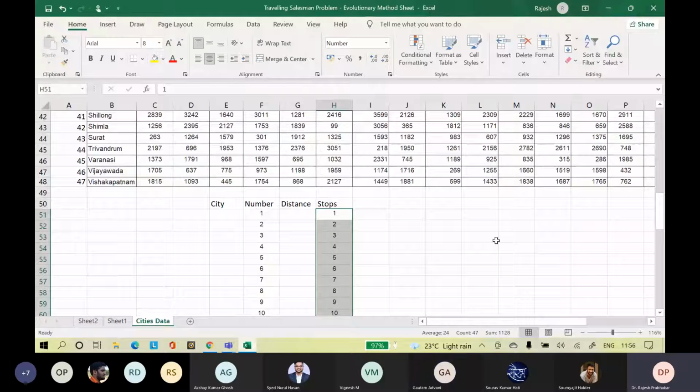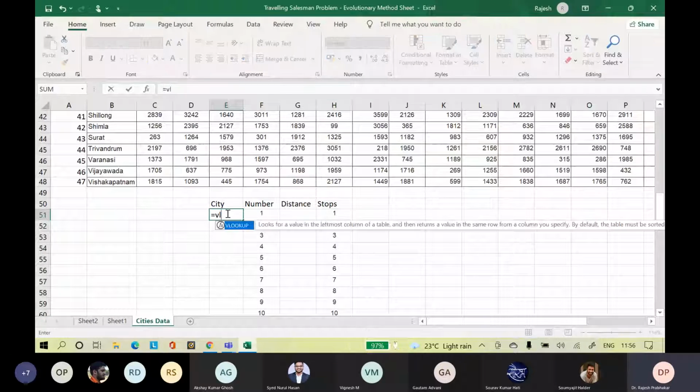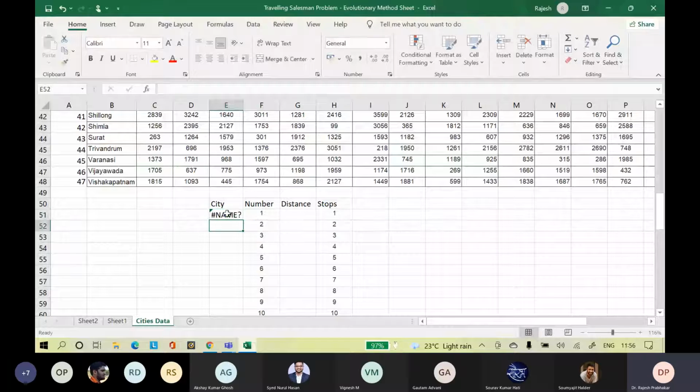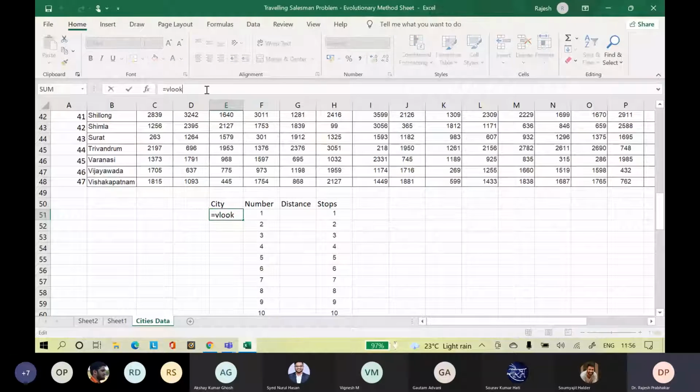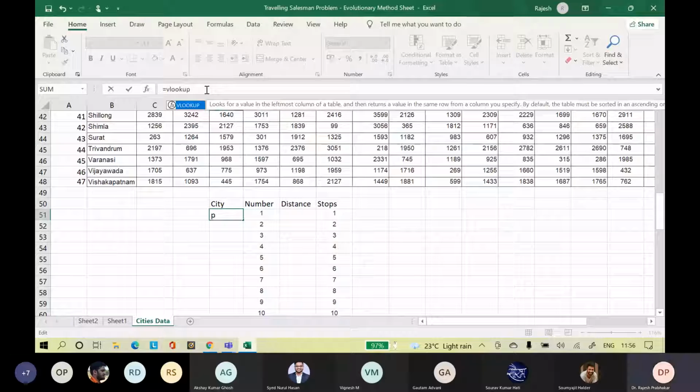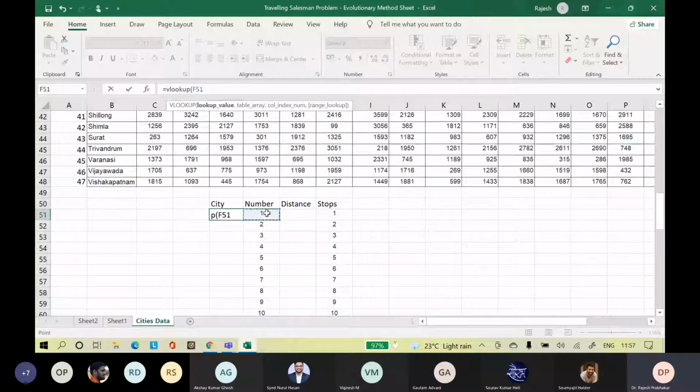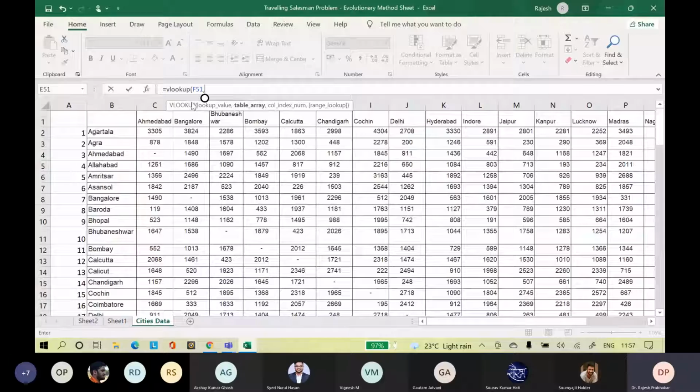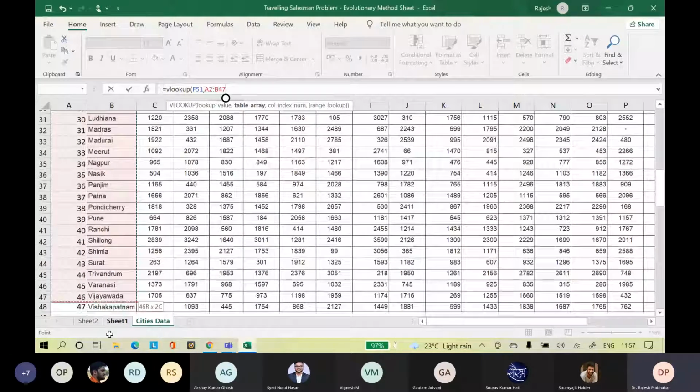Done? Okay, sir, have you done this? Yes, sir. Now, go to the city, we will do a VLOOKUP. Is equal to VLOOKUP, vertical lookup, open bracket. We will look up for the city number, comma, and we will take the 2 columns, the city number and the city name.